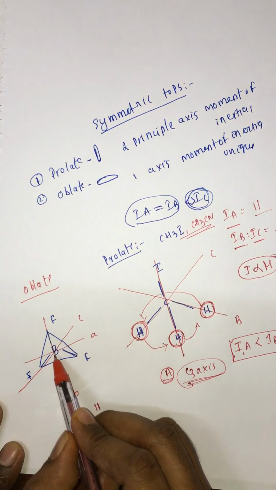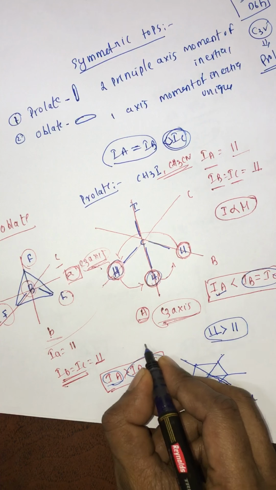For symmetric top this moment of inertia is very important. For prolate, as we know, perpendicular is greater than parallel, because the principal axis involves lighter atoms. And for oblate we can take benzene molecule also, and this is the principal axis for benzene, and this is second, and this is third. So here also IA is greater than IB and IC. So all prolate molecules are parallel